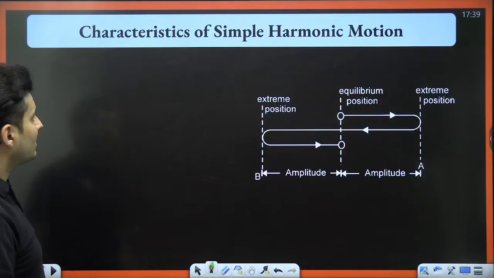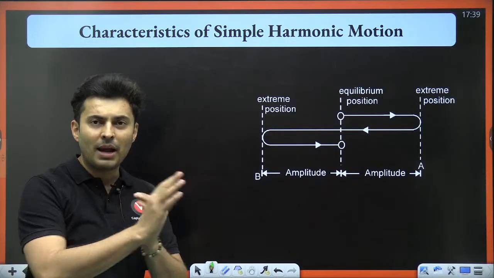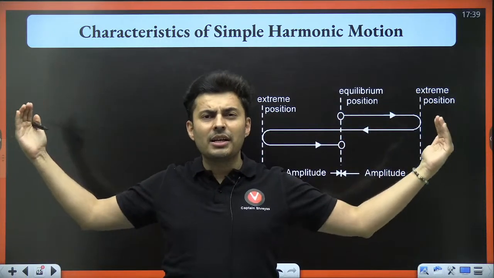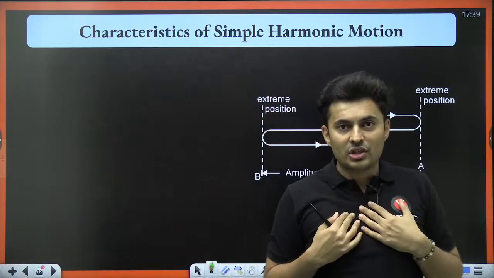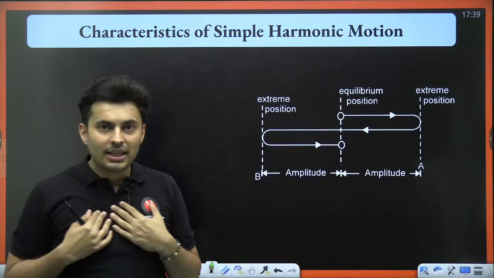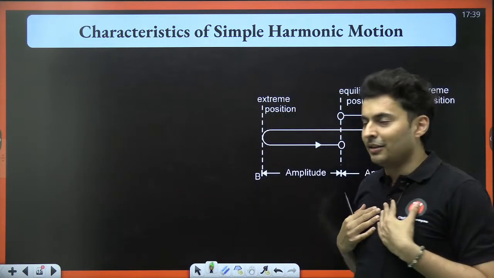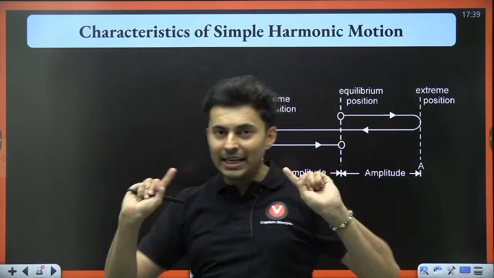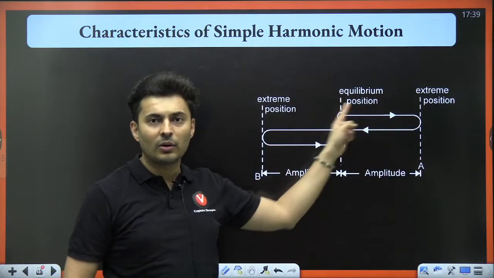So now that we have understood it till this point, let's also see the different characteristics of an oscillating simple harmonic motion, back and forth motion. There are always two extreme points. Observe how I am moving. I'm moving like this. I stop, turn around, and then I go like this. I decelerate, I stop, I turn around, I accelerate, decelerate, stop, and turn around. At two places I change my direction of motion. Those are called the extreme positions.